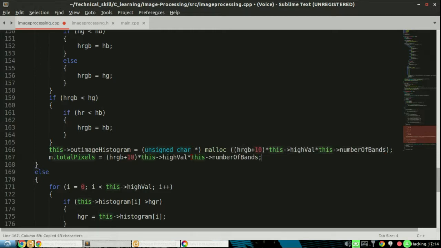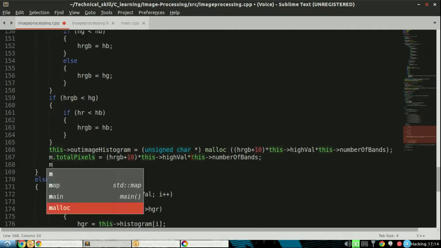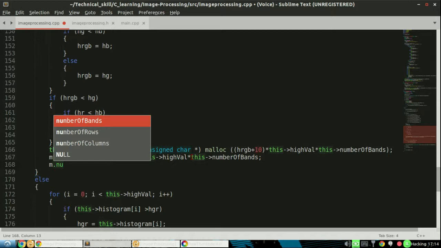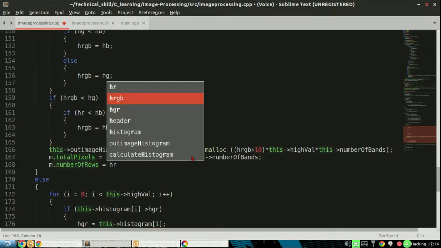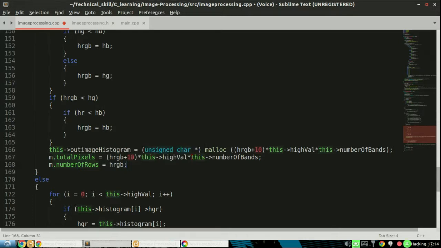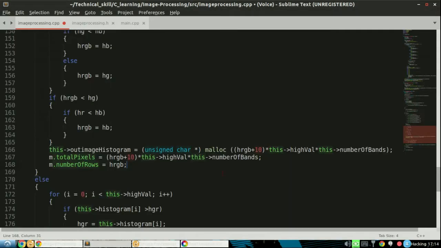So we have given the total number of pixels, and also number of rows. We say it as equal to HRGB, that's the number of rows, because it's the highest frequency. You can see the highest frequency corresponds to the number of rows, means the height. Also we can give the number of columns and the number of bands, but